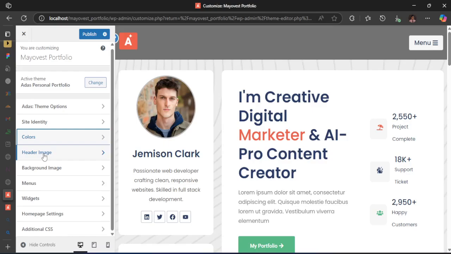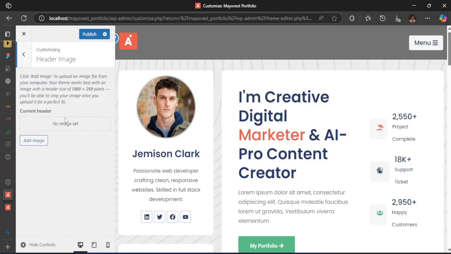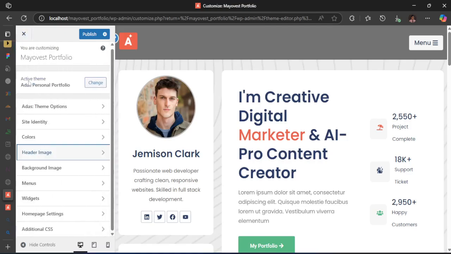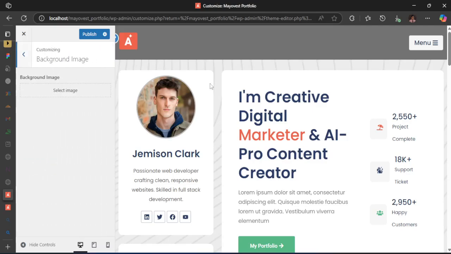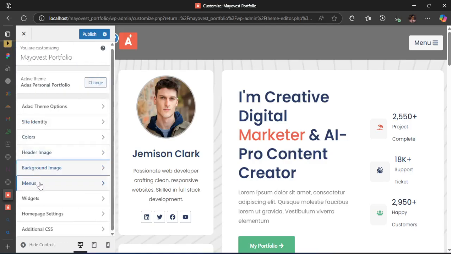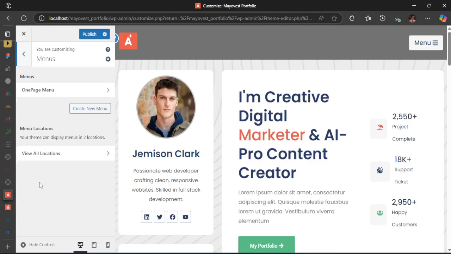Again, we have this header image in case you want to add an image at the back of the stuff like that. Again, the background image, as you can see, this thing has this kind of background at the back of the stuff like that. So if you want to change it, so this is the major thing that we are here for, which is the